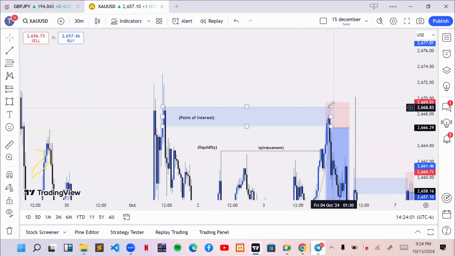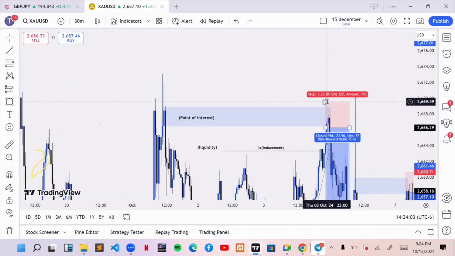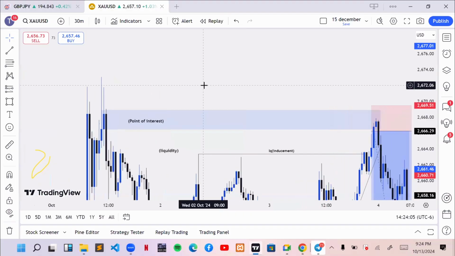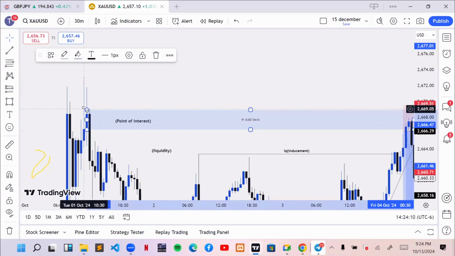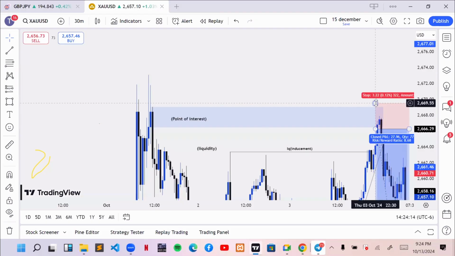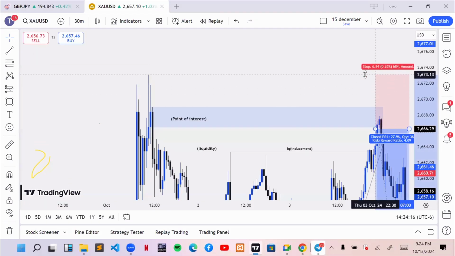I said your stop loss should be above those candles that you picked your entry from. For me, I picked exactly this one. I think my stop loss was just here, above this candle, just slightly above it. That's it. If you want to be safe, you want to keep your stop loss